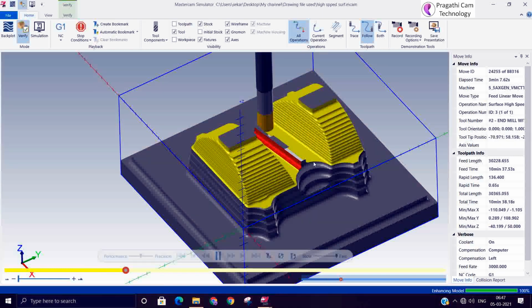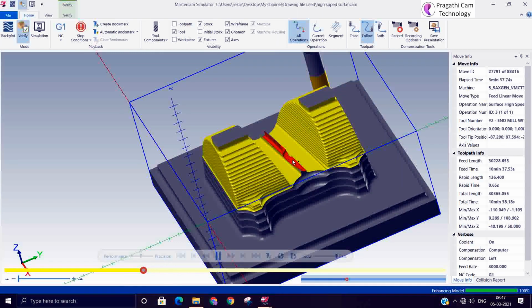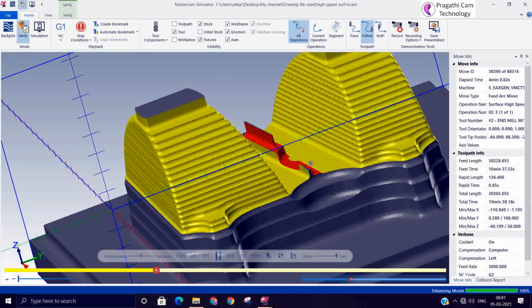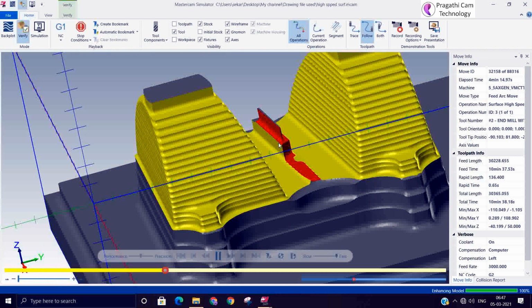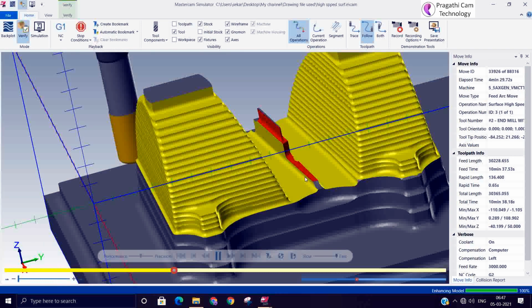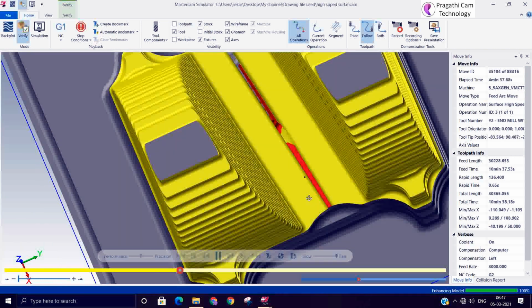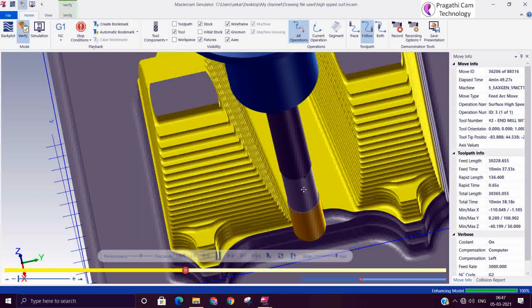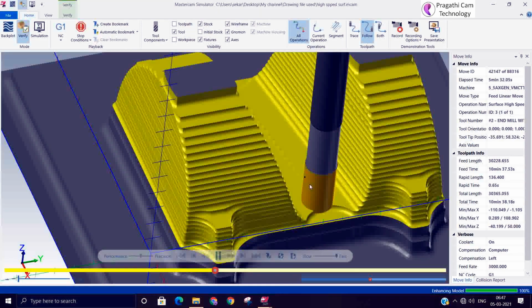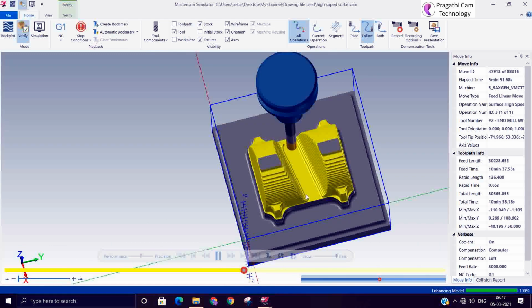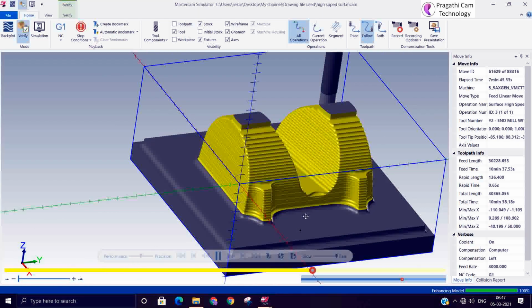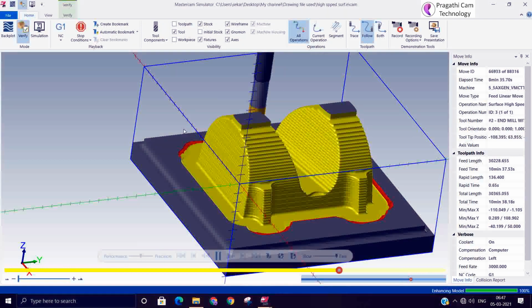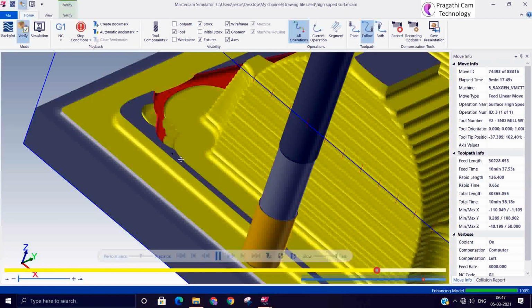Now you can see it looks like some gouging, because when you use the tool diameter, the tool is not able to recognize the material in between. You can see that it is directly gouging, shown in red. So in some places it may happen. Where and what type of tool path you need to use, you should keep in mind.